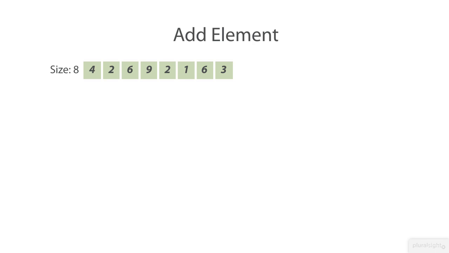So adding a new element is generally just a matter of writing to a certain address and keeping track of the position of the next available free position. None of these things depend on the size of the array, nor of the number of elements in the array. That is, the number of operations needed for adding a new element is the same independently of the array size, or in other words, it is constant. So in general, the worst case complexity can be written as big O of 1, as we learned in the